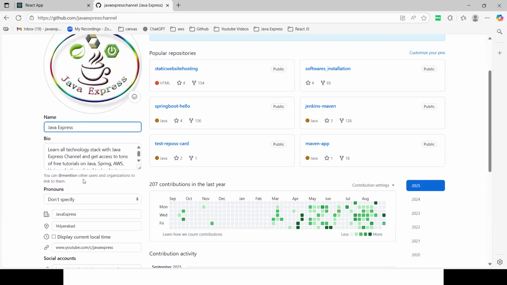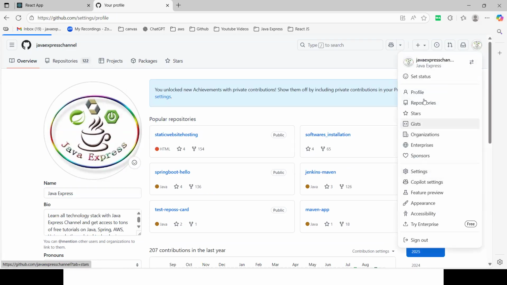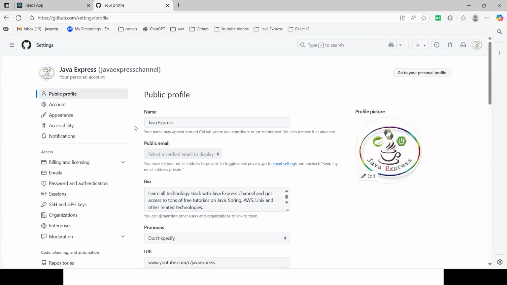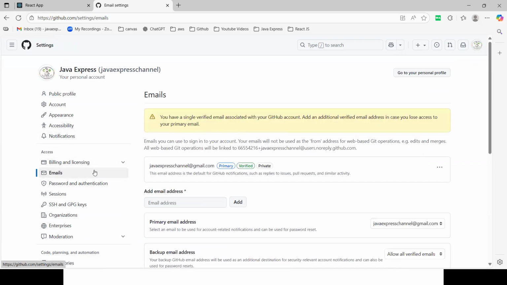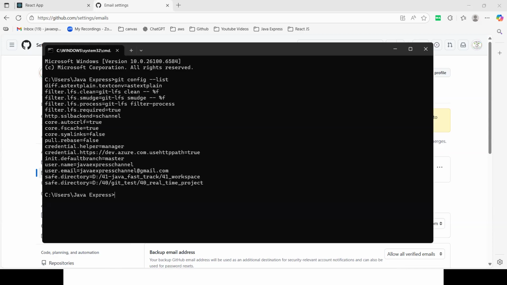If you click on edit profile, somewhere the email should be there. Just a minute, let me show you how to verify your email ID and whether the username is linked or not. Yeah, on the left-hand side, emails. See here, guys, your username is linked with this email ID. In your case also, try to see this email ID with your username; both should match. Even in your local system, you need to verify with git config --list. There should be your username and email ID.